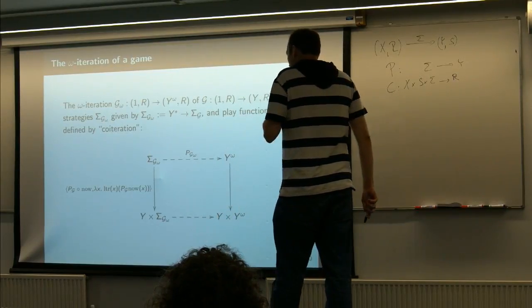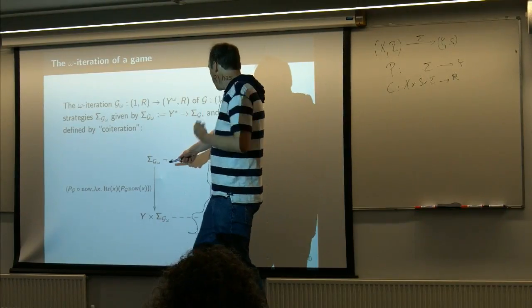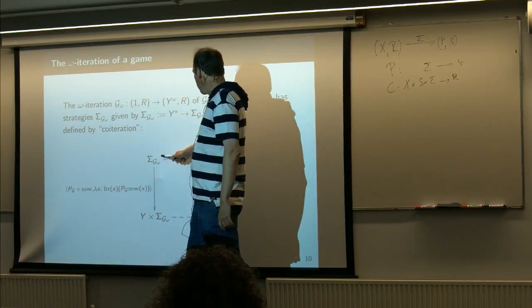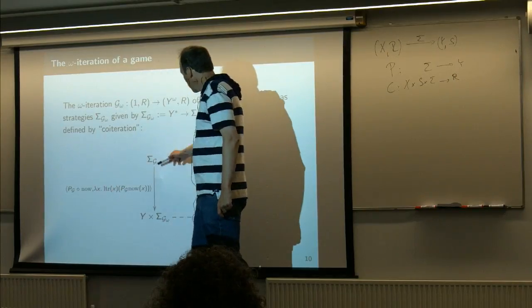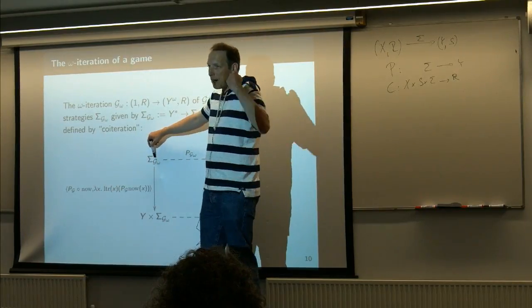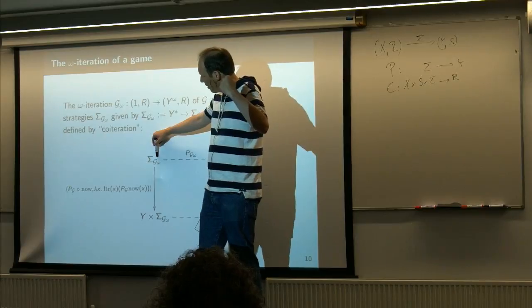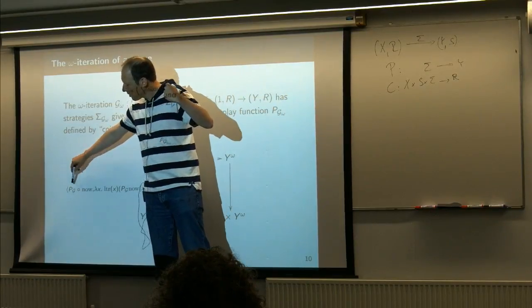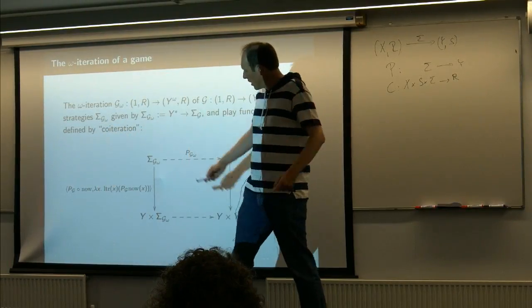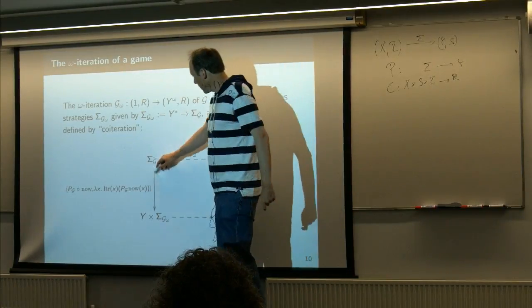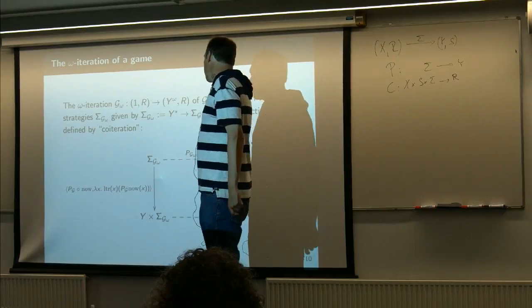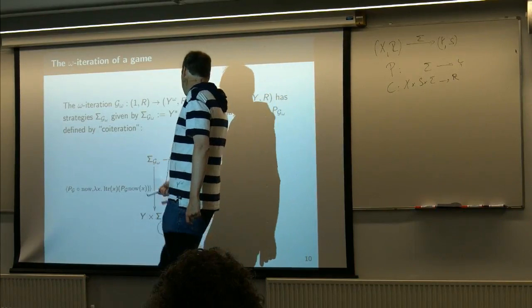So do we want to know how this works? If I have such a strategy, how do I get such a thing? Well, in the first component, I apply the now function, which tells me what I should do now. And then I use the play function for the one-round game to get, in fact, a move. And then to go to the next strategy, what I do is basically I take